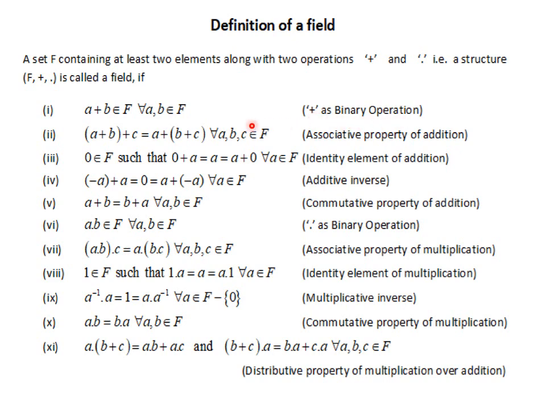Binary operation means, if there are two elements of set F and we add them together, that is, we are using the operation plus between the elements, the result comes again as an element of set F. Say if set F is the set of natural numbers and I am adding two numbers, say 1 and 5, then 1 plus 5 is 6, which is again a natural number. So the sum of two elements of F comes as an element of F again. It is just about that binary operation property.